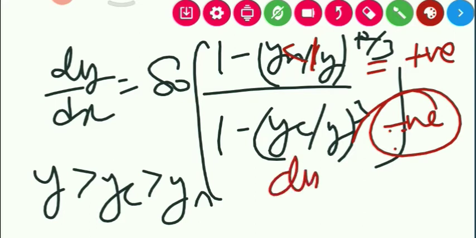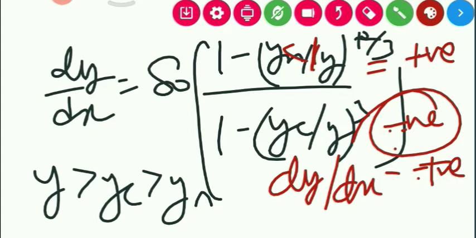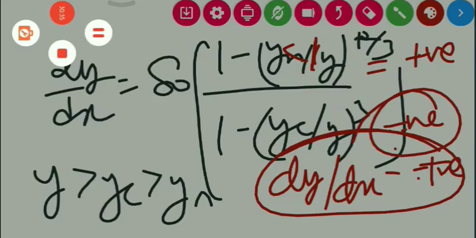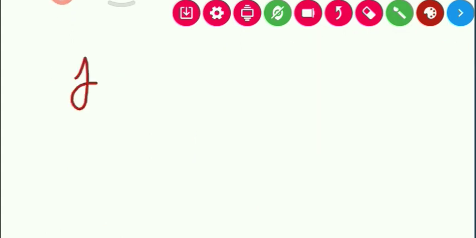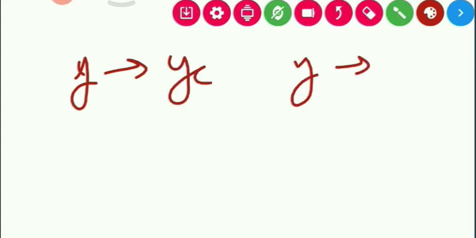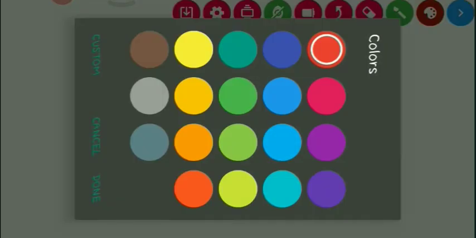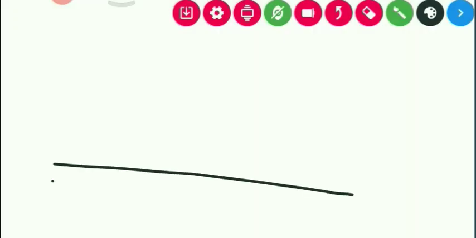So the overall dy by dx is positive. And what will be the maximum value that y can attain over here? Y can attain a value of yc, or y can attain a value of infinity. So in zone 1, if you draw the profiles,